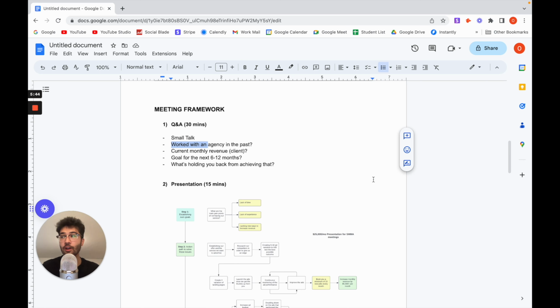So if they say they didn't get me that many leads, or the leads were bad, it was too expensive, whatever they say, just keep digging, trying to find as much information as you can as to why they didn't like working with that other agency, because we will use that information. If it's price, if they say like, yeah, we were paying way too much money, we weren't getting that many leads for it, then boom, you use your performance-based offer.